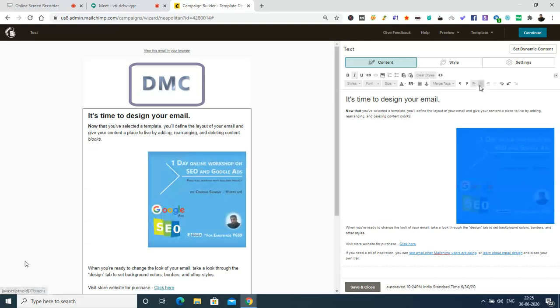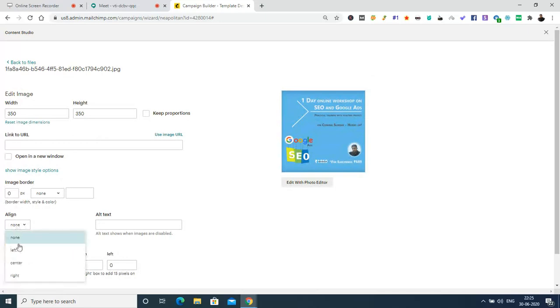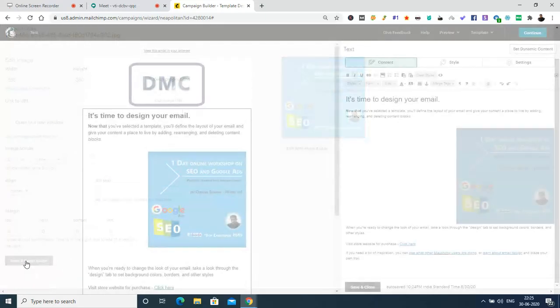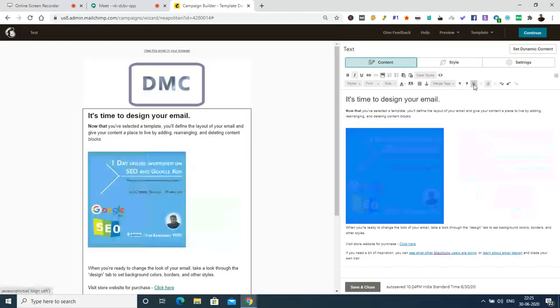I have the right option, and the center option is not available. Okay, we shall look into this. We will find a way to make this particular image center aligned. I had already done this, but still, right now it